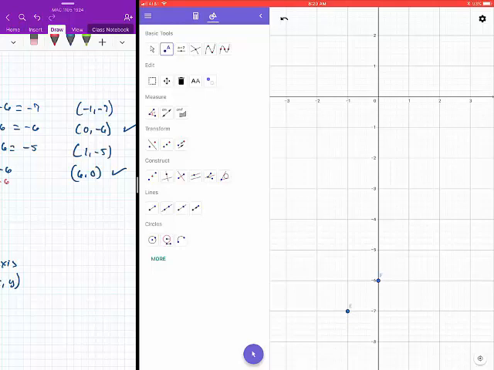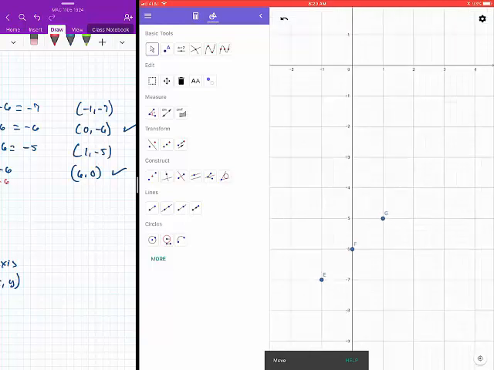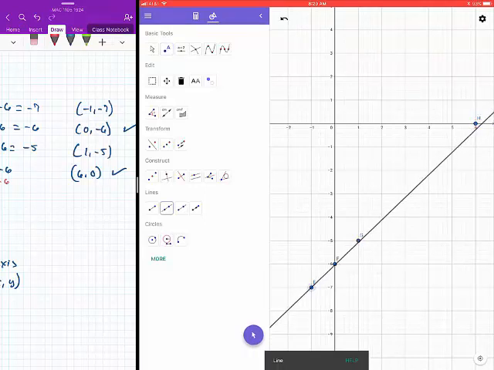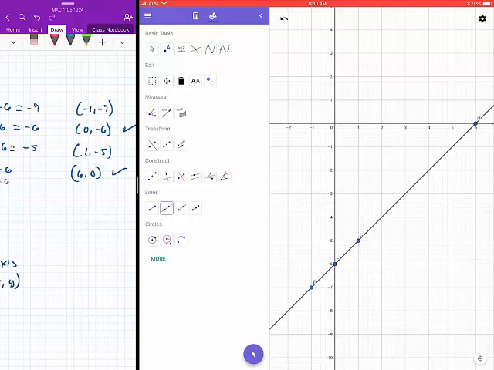The next one is (1, -5), so again, I find my x value first, which is 1, and then I go down to -5. And then the last one would be (6, 0). For this particular one, I'm going to try to shorten this a little bit. It's going to be right there at (6, 0). And so that's how to graph by plotting points. I found 4 points. I found the x-intercept, which is (6, 0), and the y-intercept, which is (0, -6). I just connected my points, and I'm done with